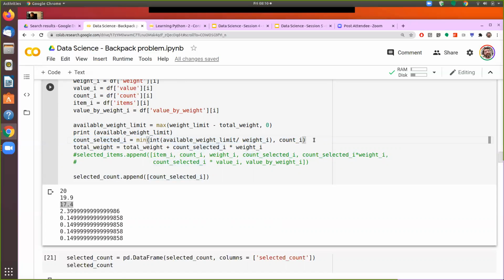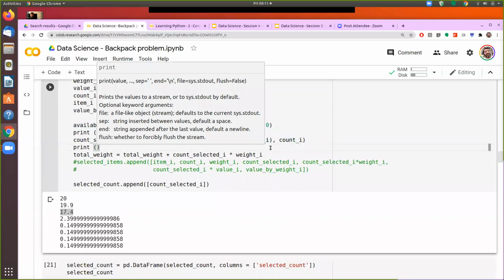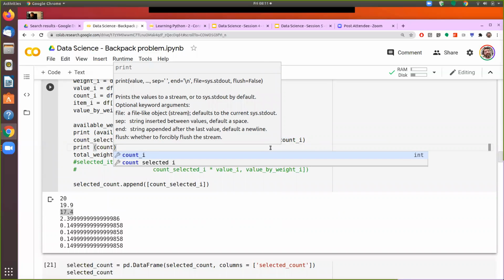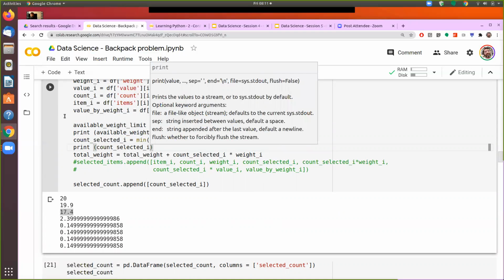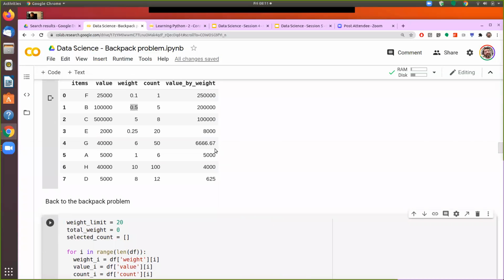Now I can print that also. So you see, it first prints the available limit, then it prints how many items I can take of that item, which is the first row. Then it shows the available limit. Then I take 5 items. Then my limit becomes 17.4. Then I take 3 items of the third one, and each of that is weighing 15 kg.